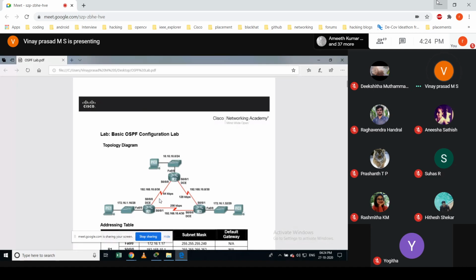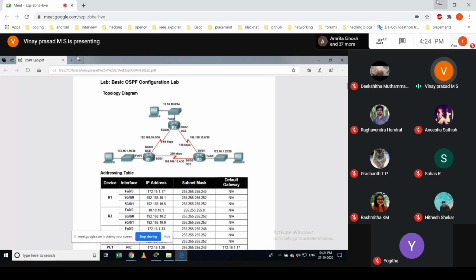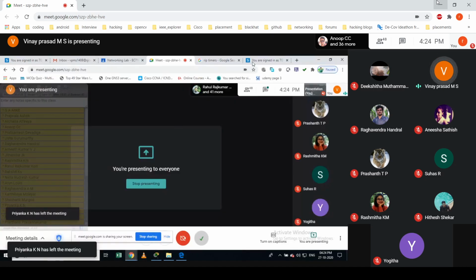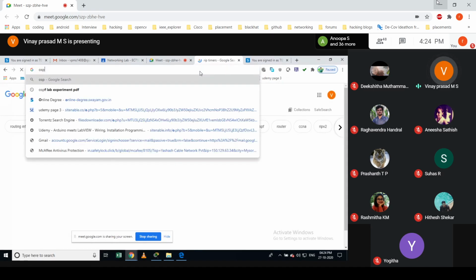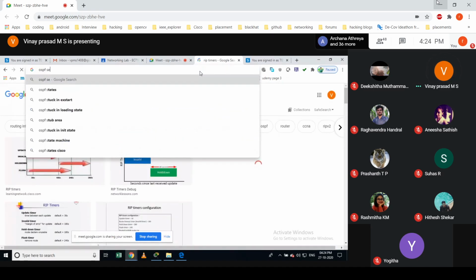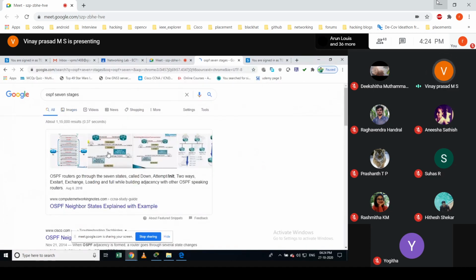So when it comes to deciding the area, recall the OSPF configuration and the procedure of OSPF. OSPF has 7 stages. I think we all discussed this in the previous course, right?